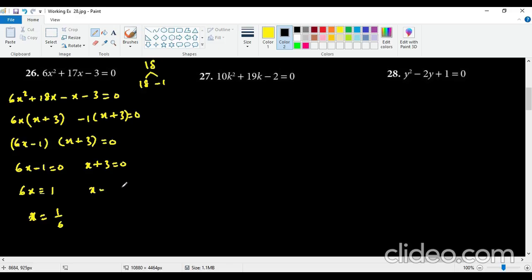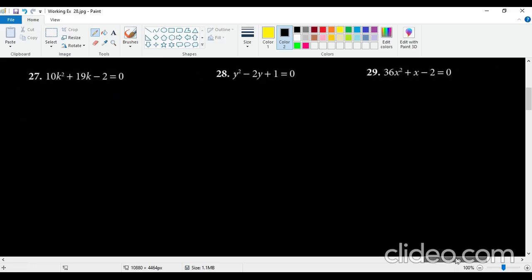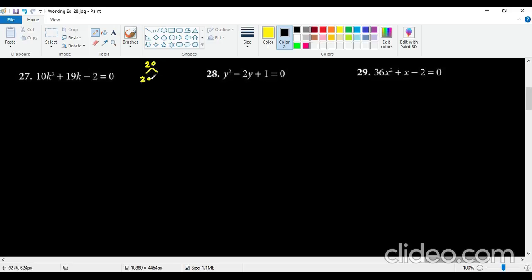Moving on to the next question, which is question number 27. In here, 10 times 2 is 20. So we find the factors of 20 in such a way as to give us 19. So for 27, we have 20. So 20 plus 20 and minus 1 is going to give us a plus 19. I will write the first one as it is, 10k squared, plus 20k, and minus k, and minus